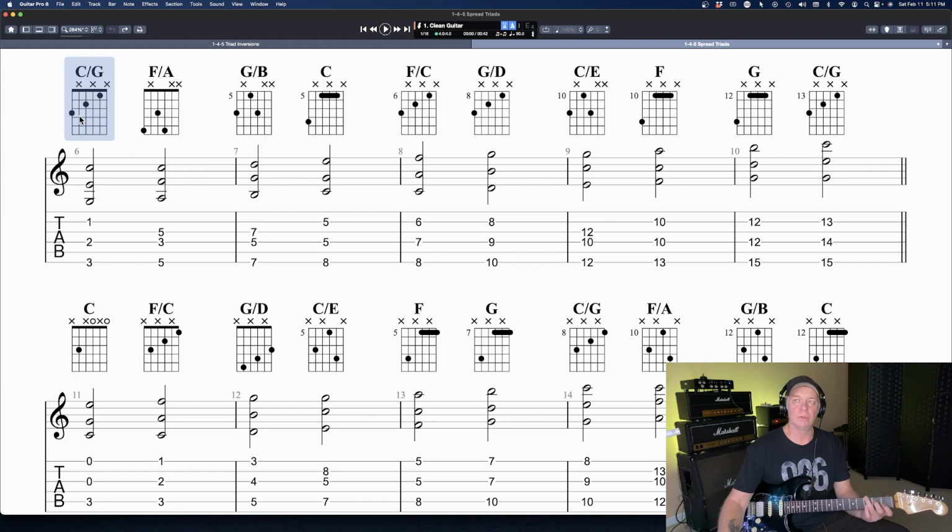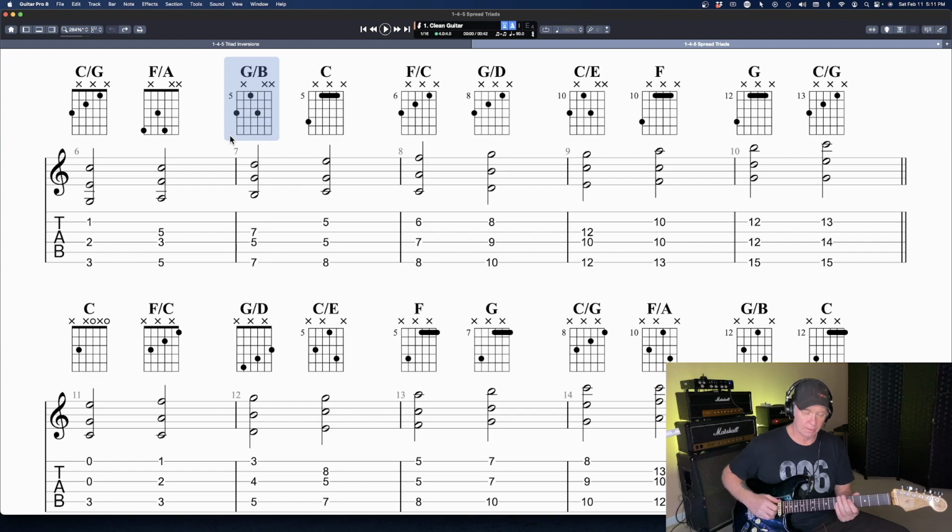And that sounds really cool. Now, if we want to play F, remember we were playing it like this. So we're just taking that A note and we're putting it on the low E string. So we've got C, and we've got F,